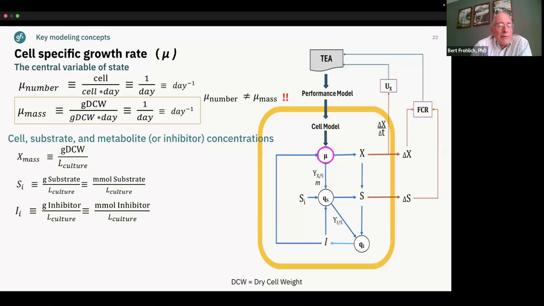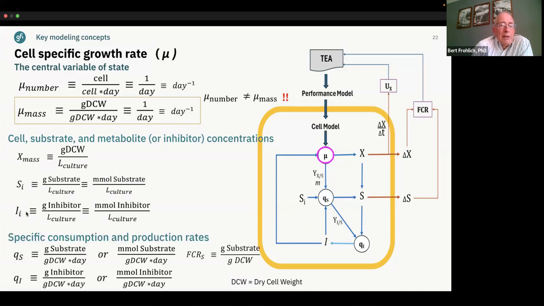Then we have the variables. We have X, which is typically used for cell concentration, and we typically refer to that with mass units here. S for substrate concentrations, could be glucose, glutamine, oxygen. Inhibitor concentrations, I, lactate, ammonium, and we'll talk more about those. And then finally, we have the specific consumption and production rates, which we refer to typically as Q sub S